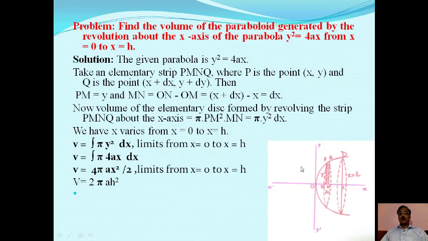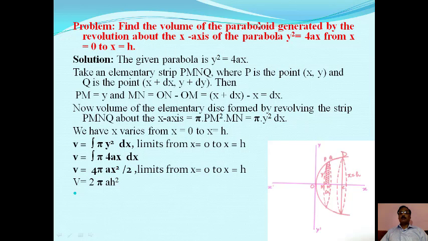Now we have a problem and the derivation of this revolution of curve. If a plane area is revolved about x-axis or y-axis, then the body so generated by the revolution of the plane area is called the solid of revolution. We have taken strip here, MN and QP, which can revolve here and slides from O to this point C, is a surface, and then this becomes the solid of revolution of the parabola. This becomes again the paraboloid.